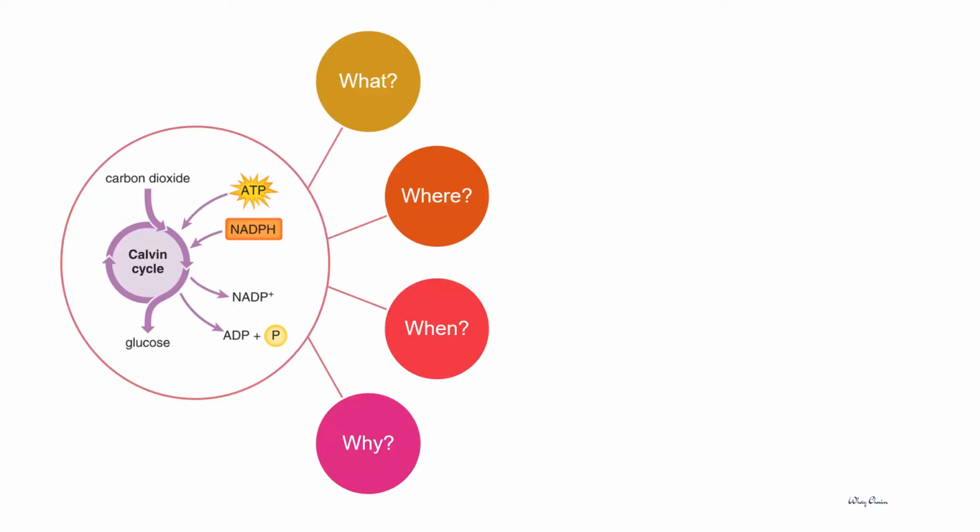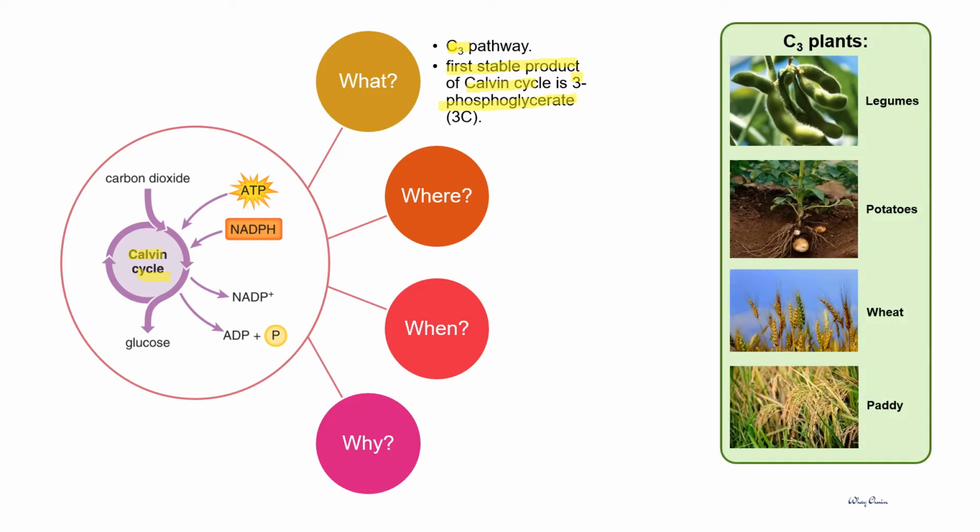The second stage of photosynthesis is the light-independent reaction, which is also known as the Calvin cycle or C3 pathway. C3 is named after the first stable product formed in the Calvin cycle, which is 3-phosphoglycerate, a 3-carbon compound. The Calvin cycle or C3 pathway is very common in C3 plants, such as legumes,